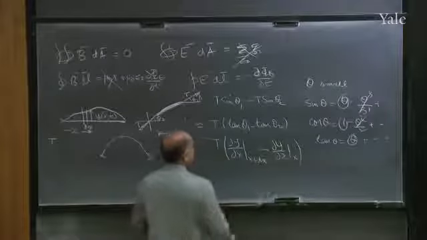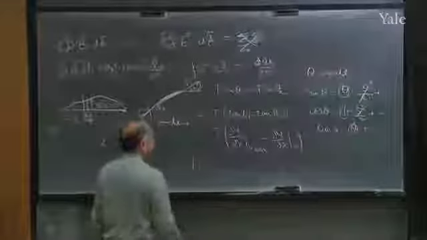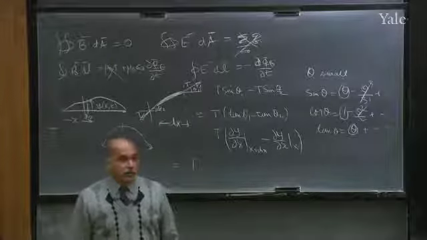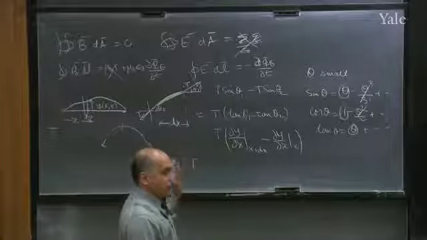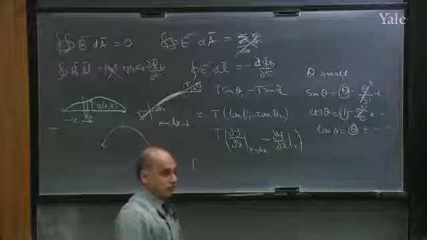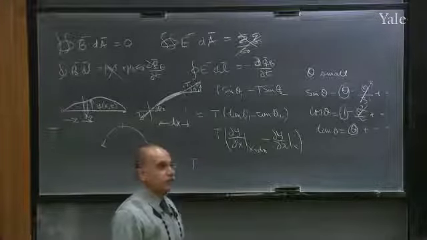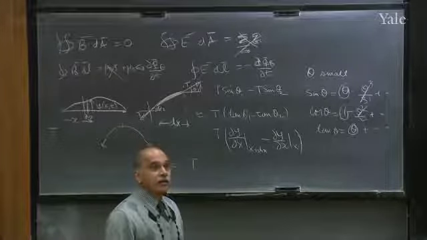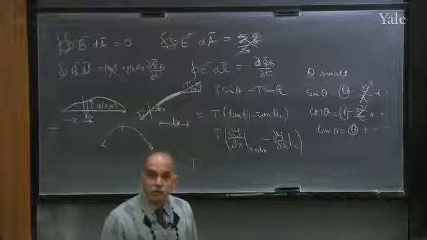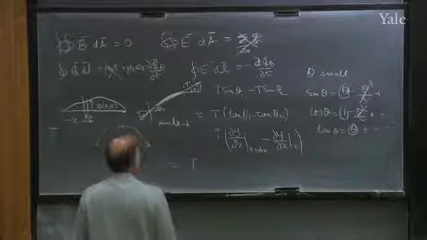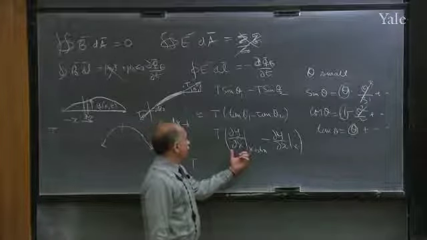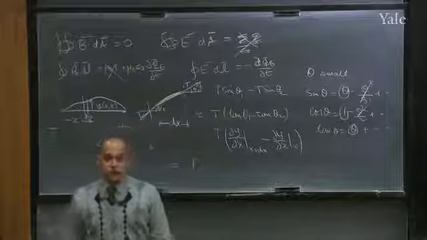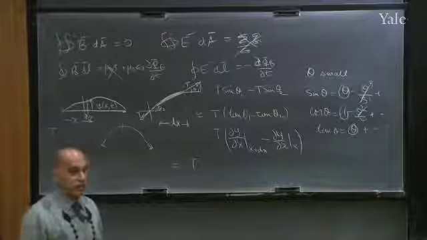Now, what do I do with this? Have I taught you guys how to handle a difference like this? There's one legacy I want to leave behind, which is what to do when confronted with a difference like this. Do you have any idea what to do? Pardon me? Multiply by 1. Then what do you do with that? I'm asking you to evaluate the difference between this guy at x plus dx minus the same thing at x. What is it equal to approximately for small dx?